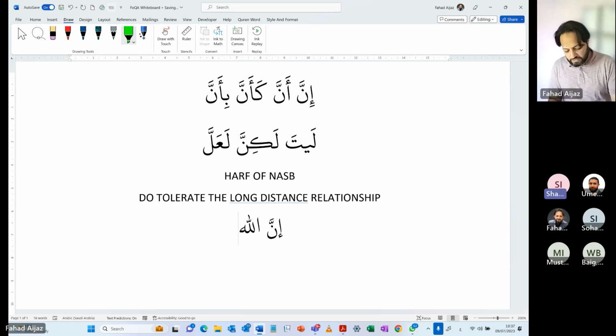What should it be? Inna Allaha. Allah. It can never be Inna Allahu or Inna Allahi. Right? So it will always be Inna Allaha. So how about if I say